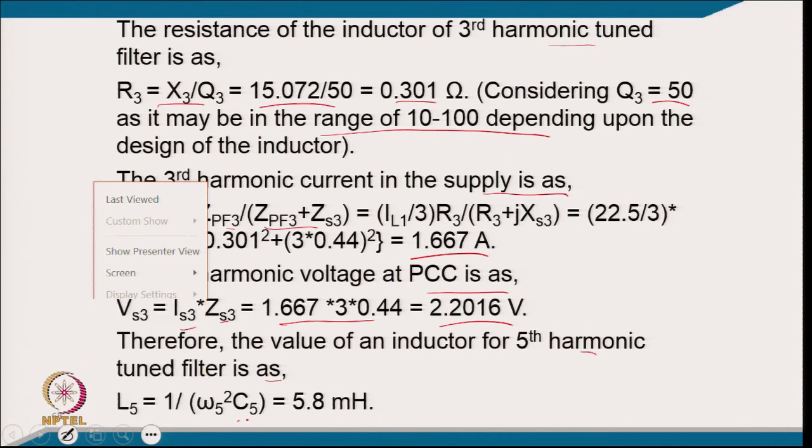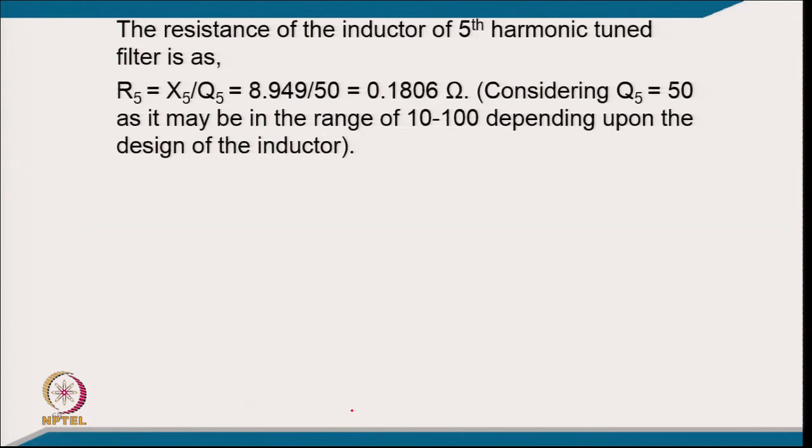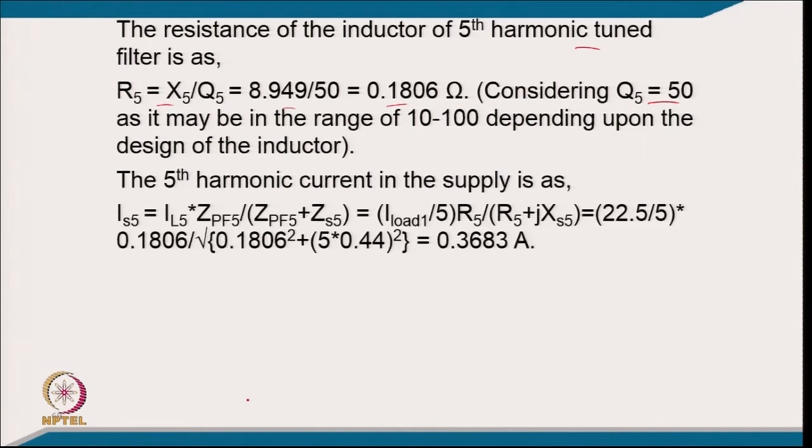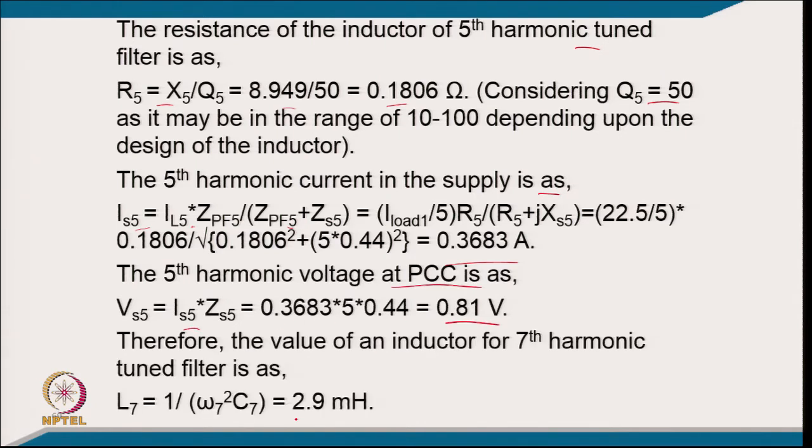L5 is, putting the value of this in the tuned relation, 5.8 millihenry, and the resistance of the fifth harmonic tuned filter will be R5 equal to X5 by Q5. That comes, putting here, 0.1806 ohm, considering Q equal to 50. The fifth harmonic current in the supply will be I_S5 equal to I_L. From this parallel relation, it comes 0.3683 ampere, and the fifth harmonic voltage at PCC will be your I_S5 times Z_S5. So, it comes 0.81 volt, and therefore, the value of the inductor for the seventh harmonic from this